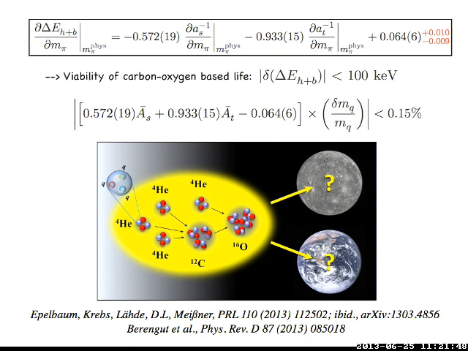From this astrophysical consideration, we can now use this constraint, and after that we get the relation that a variation in the